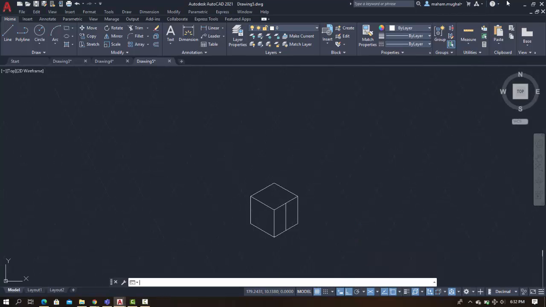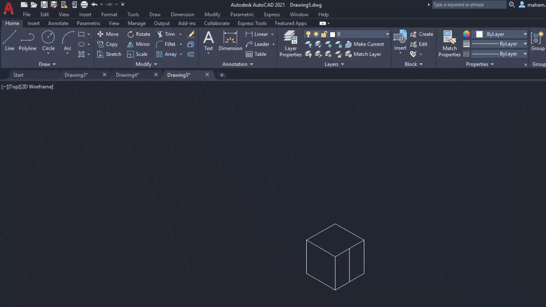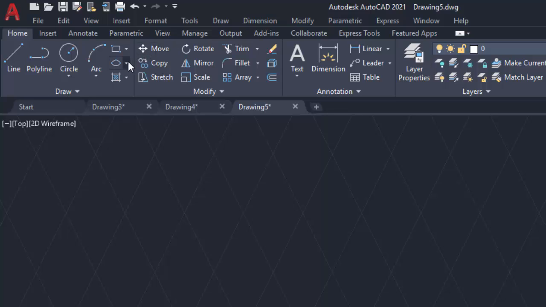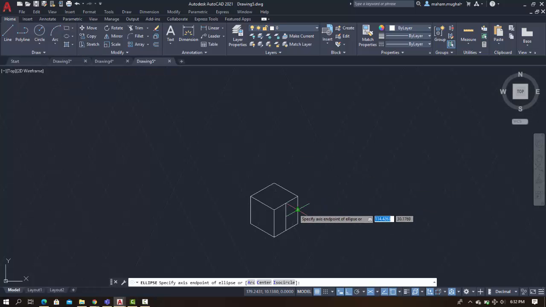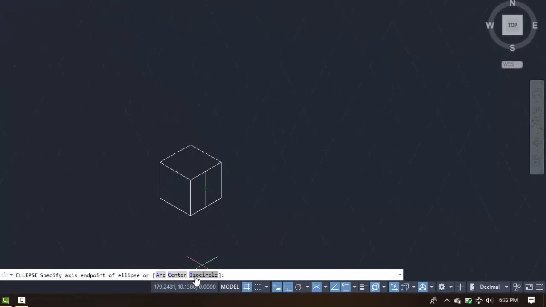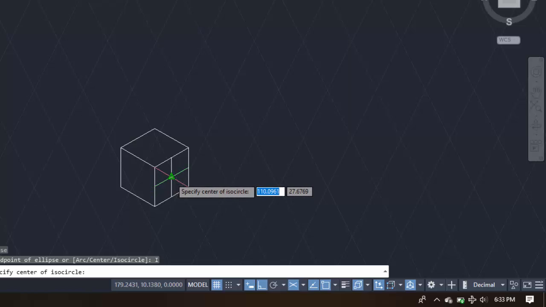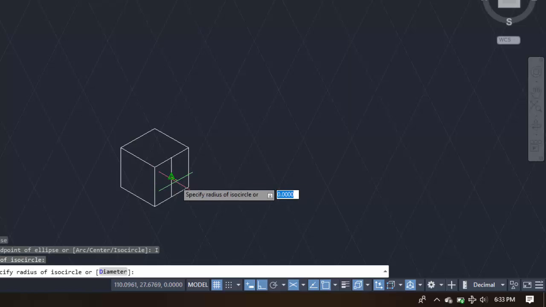That's it. Now we want to create a circle, but remember we are not using the circle command over here. We are using the ellipse command, and from the draw panel we'll select the ellipse command and the option axis end. First of all, they are asking us to specify the endpoint of an axis, arc, center, or isocircle. We'll be selecting isocircle. Okay, and here we are selecting the midpoint,